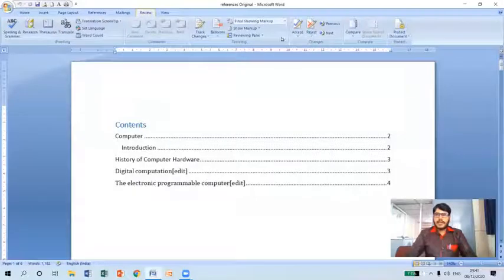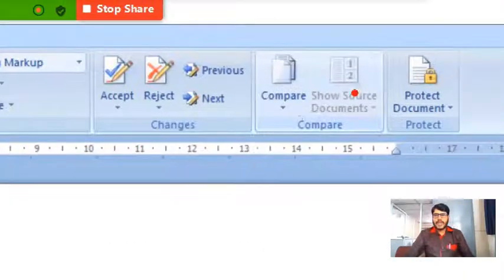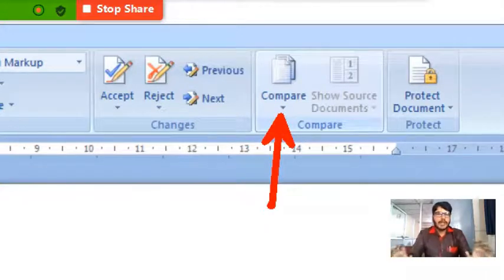And in the review tab, we have a compare group here. Sometimes what happens, we need to compare the content which is available in different documents. At that time, I can effectively use the compare option which is available here, so that I can compare multiple documents simultaneously.